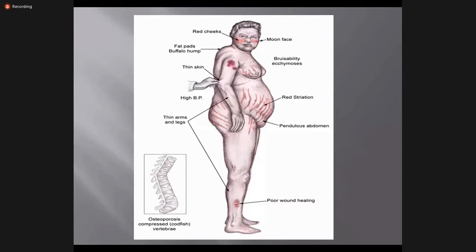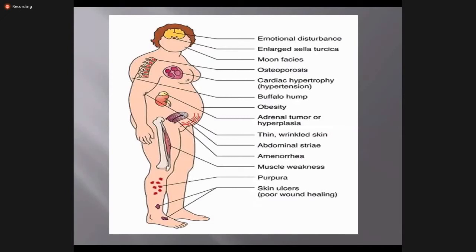So this is multi-system organ involvement in Cushing syndrome. Similarly, when we go from upward to downward, these clinical features are pronounced in Cushing syndrome. For example, when we look at the brain, there are emotional disturbances. Then an enlarged sella turcica can occur if the pituitary adenoma causes a pressure effect, or a large pituitary adenoma. Moon face, osteoporosis, cardiac hypertrophy leading to hypertension, buffalo hump, obesity, adrenal tumor or hyperplasia, thin wrinkled skin, abdominal